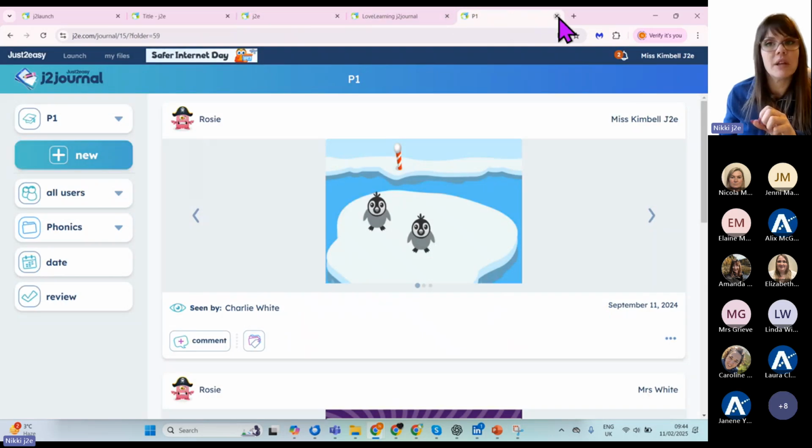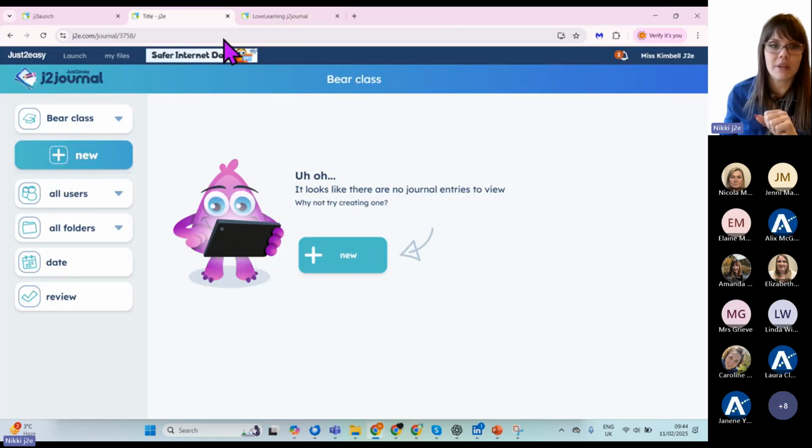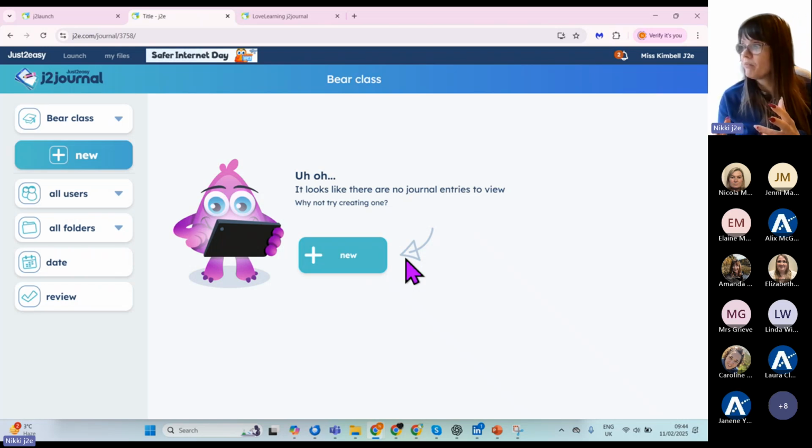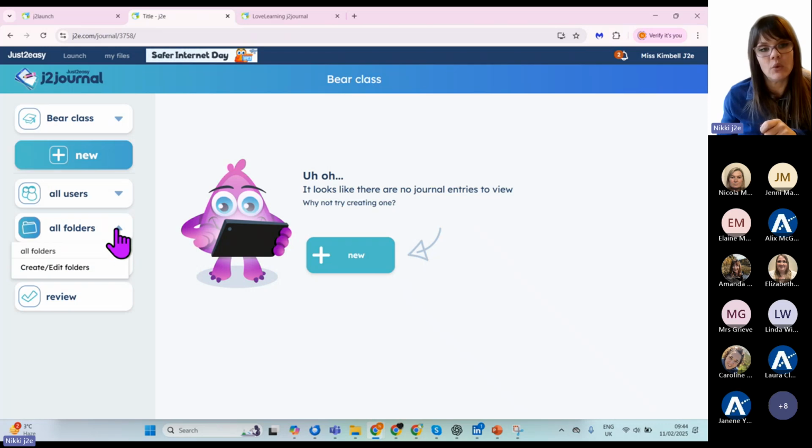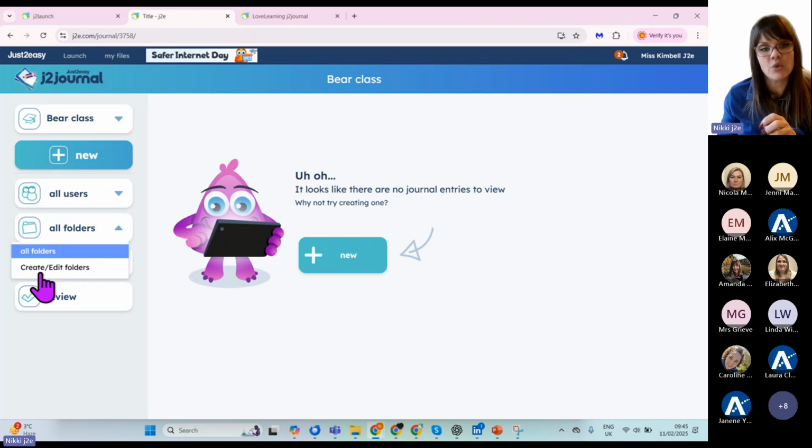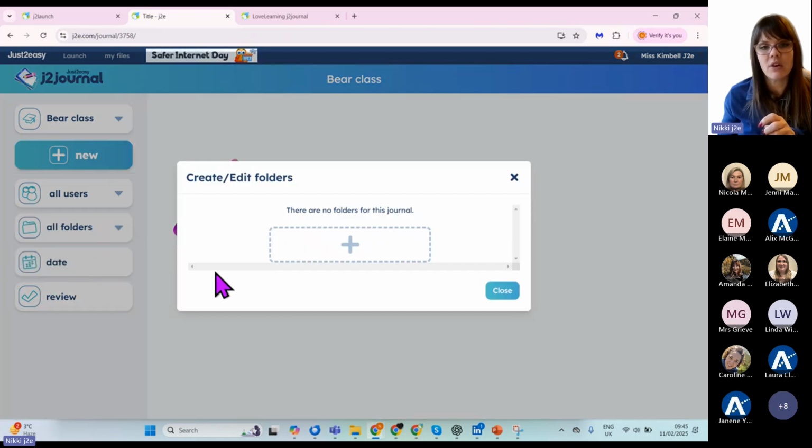Oh, let me close some of these tabs down. There we go. Okay. So before we add content, probably what you want to spend some time on is to structure your folders. So just have a quick think about what folders you might need. And to add a folder, we've got this drop down menu here in the all folders, and you've got this create edit folders, and we can click on that, and then we've got this add button, so we can